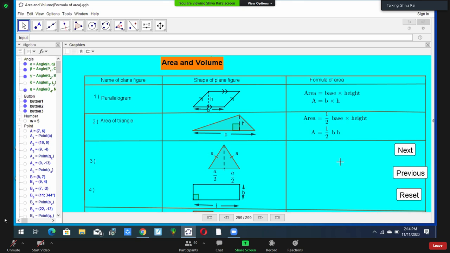Okay. Now number 3. What figure is this? Number 3. Equilateral triangle. Yeah, equilateral triangle. In your book also, it is given equilateral, page 58. You look here, equilateral triangle. All sides are equal here. Equilateral triangle means this side A, and this part is divided into 2 equal parts. So A by 2. It means half of A. We write A by 2. So this is equilateral triangle.